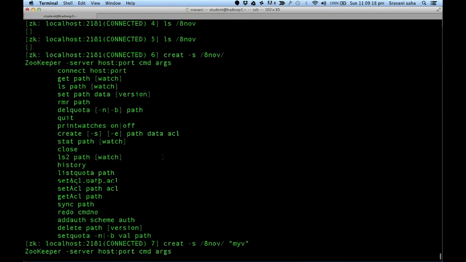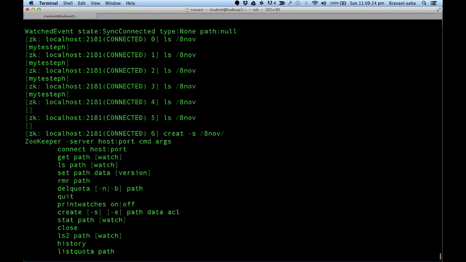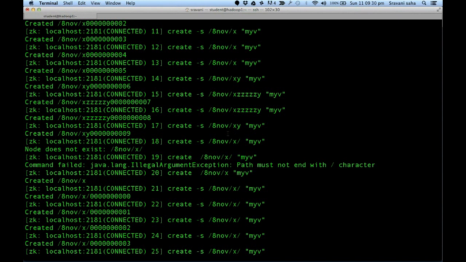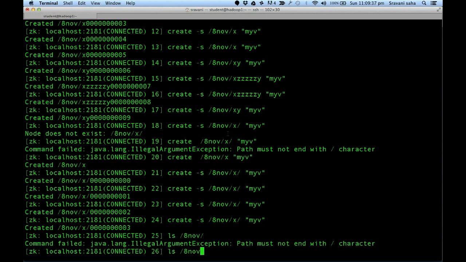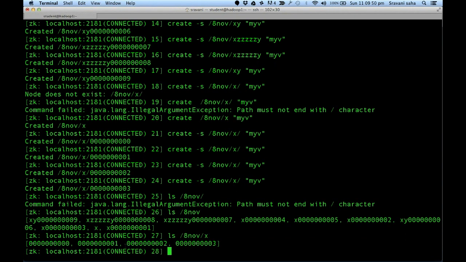And watches can be created. So these are the operations you can do: create, delete, exists, get access control list, get children, get data. All of these methods you can use. Okay. Now you can do multiple updates onto ZooKeeper. All these multiple updates will get combined together, and all of them will either fail or succeed. So this provides you a very